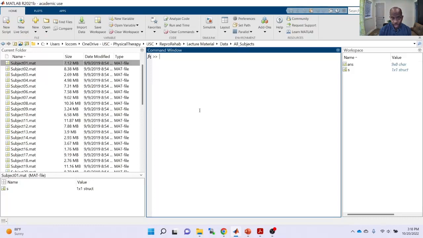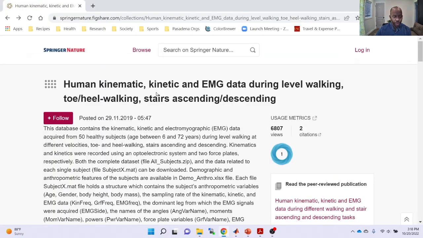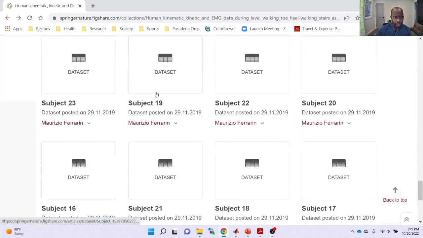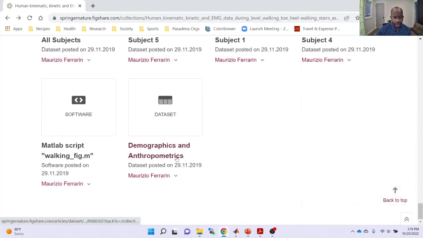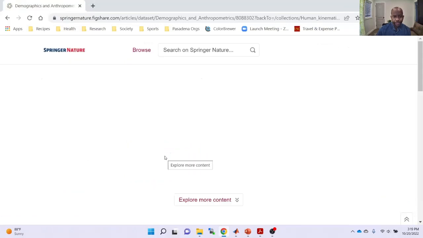So the first step is that we need a data set. What we're going to do is go back to the website that we used to download our EMG and kinematic data. You scroll all the way to the bottom of this page, and you'll find our demographics and anthropometrics data set. So if I select this link,